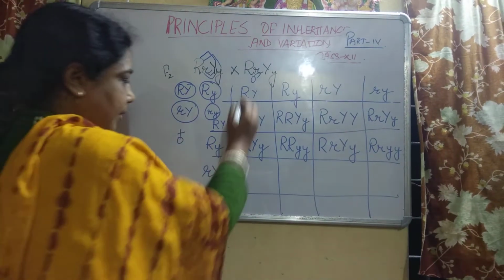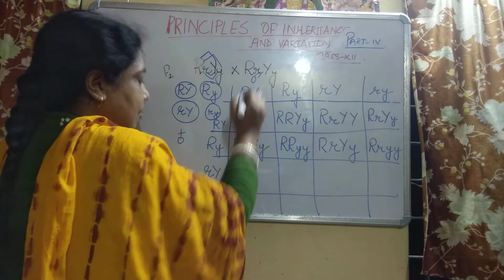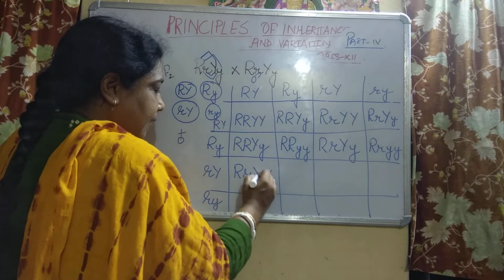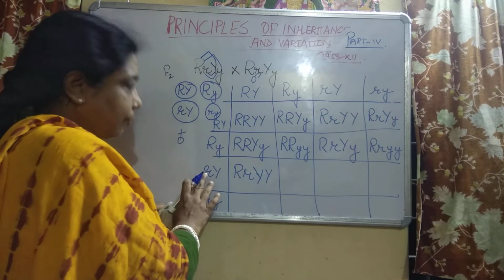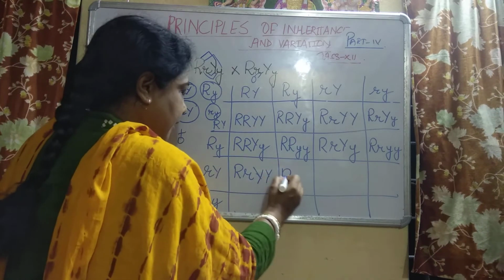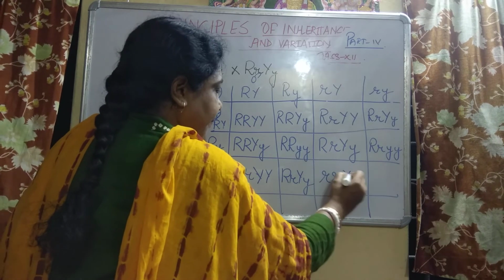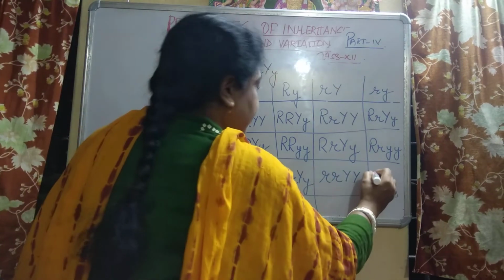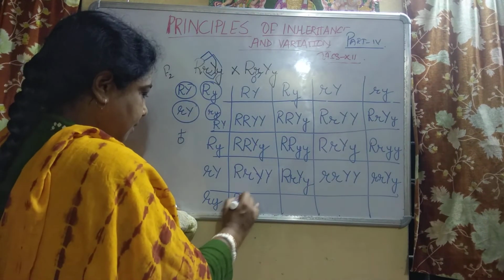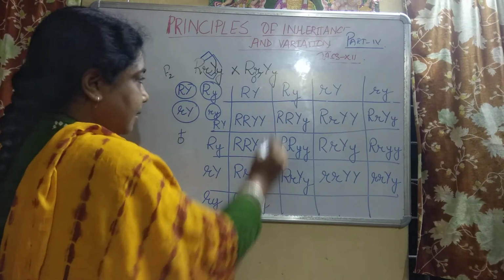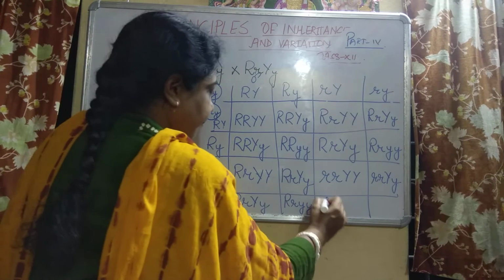Now coming to the other one. Always try to write in such a way that the bigger one comes first, upper case first. The lower case should then follow. Then this one you are getting. Then you are getting this. Okay. Then you are getting this. Now next is this. Again this.